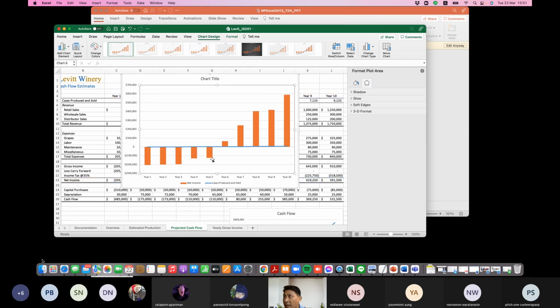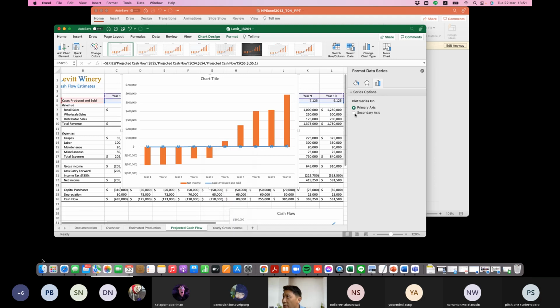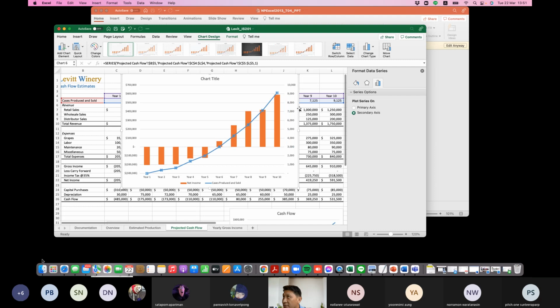Then this one is right now on the primary axis also, but now we want it to plot on the secondary axis. So we do the same thing. We go to format data series. We want it to plot on secondary axis. So now it's plotted on secondary axis. อย่างนี้ได้ไหม โอเคไหมครับ